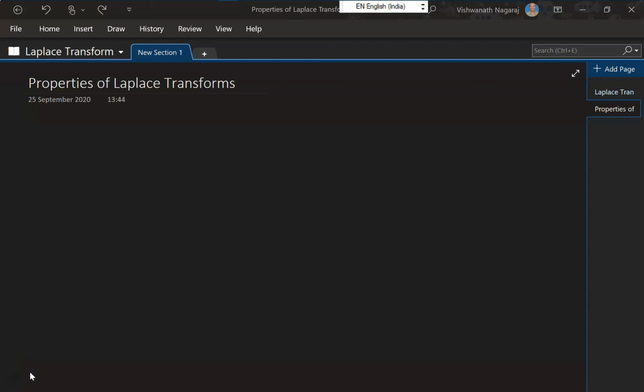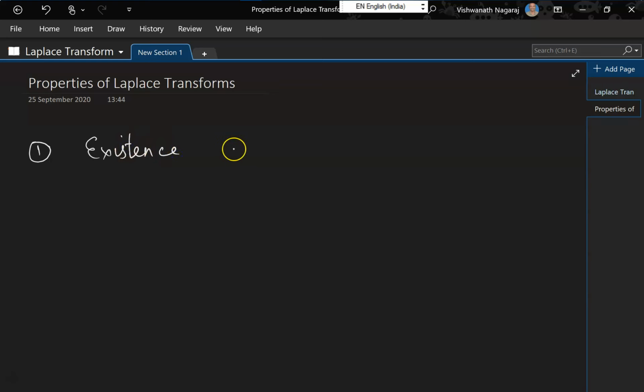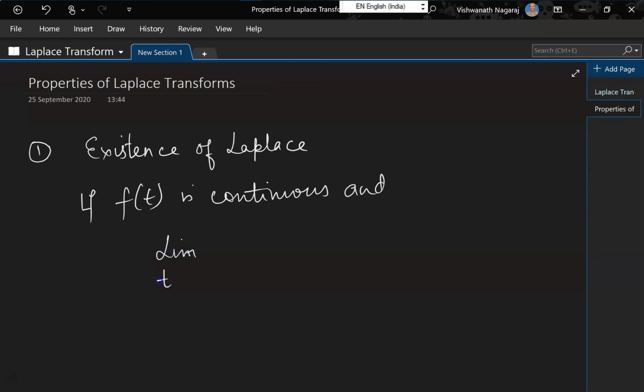Let's look at some properties of Laplace transforms. Okay, first let's look at its existence, whether for a particular function it exists or not. So, existence of Laplace: if f of t is continuous and the limit as t approaches infinity of f of t times e to the power of minus st is finite,